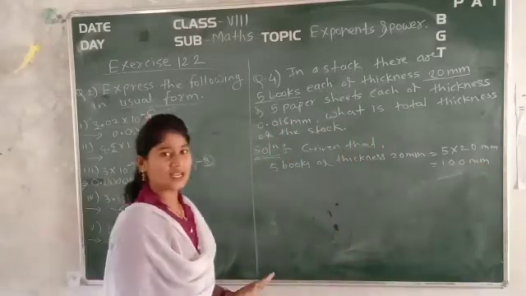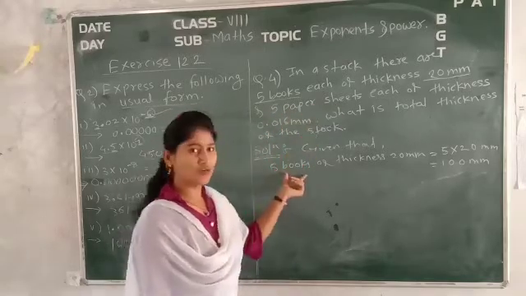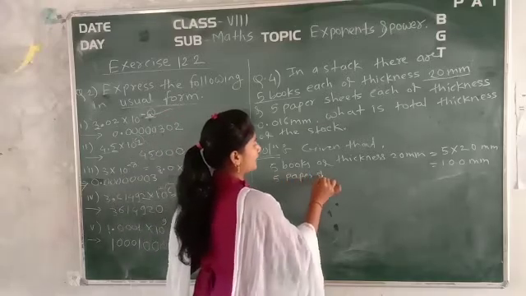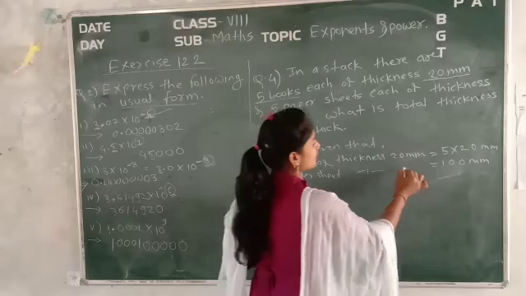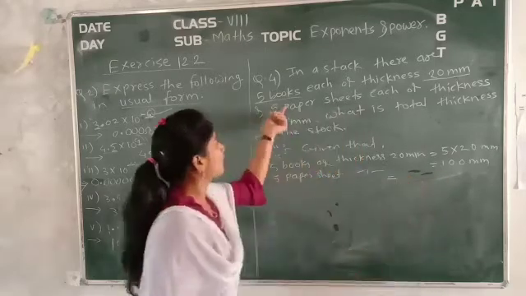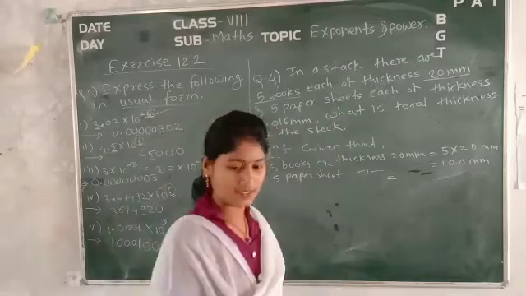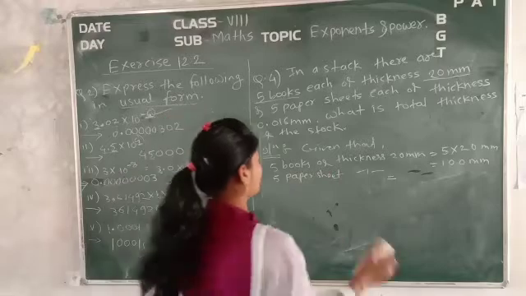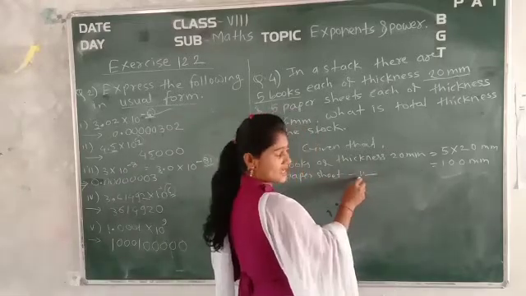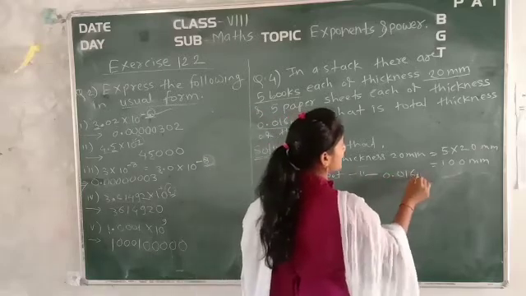Now coming to the second condition, what have they asked you? 5 paper sheets. Here 5 books was there. Now next is 5 paper sheets. Okay. 5 paper sheets of how much thickness? Of thickness 0.016. Okay. We will write here 0.016. So the word thickness will be as it is. Write down this word thickness here. And how much? Thickness is 0.016 millimeter.